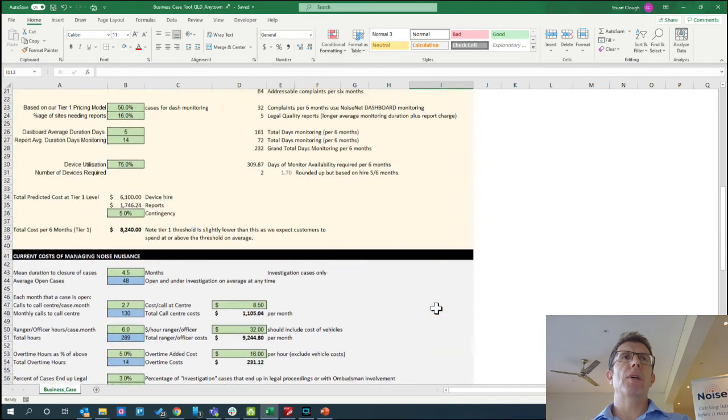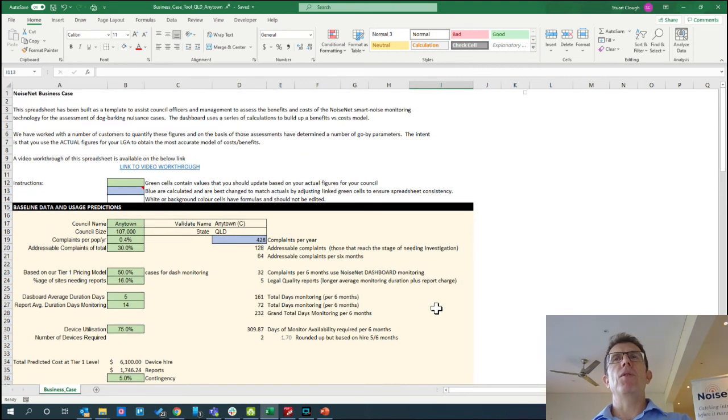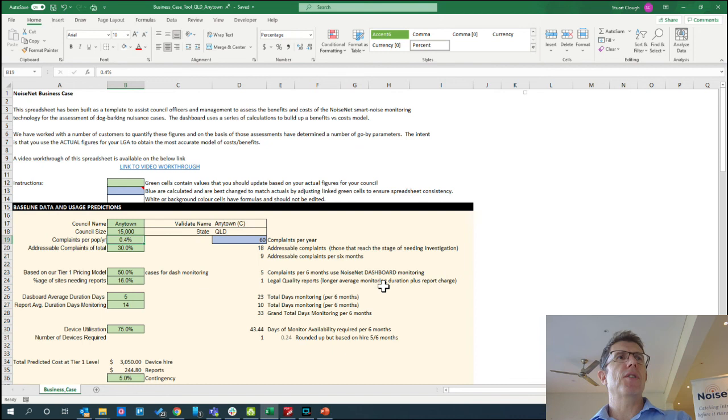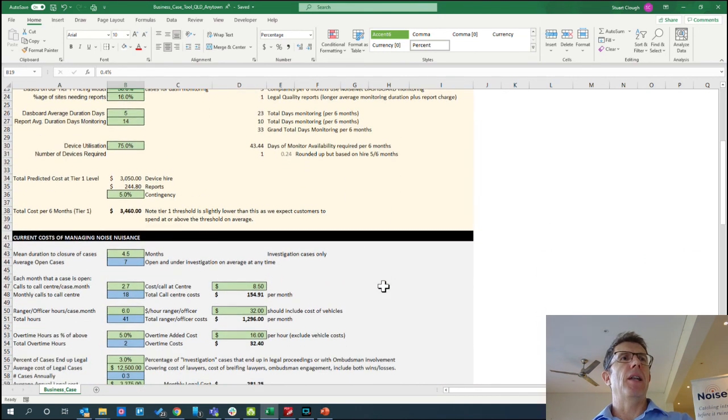Hopefully it's helpful. As I said at the beginning, this is here to help you. It's using your data. It's to help you understand, inform and communicate internally, to set your budgets and to justify the use of our service. We know, and I can just quickly model it, that if you're a smaller council, so if I put a population of 15,000 in any town, let's say we had a big exodus, everyone moved north for the winter and decided not to come back,